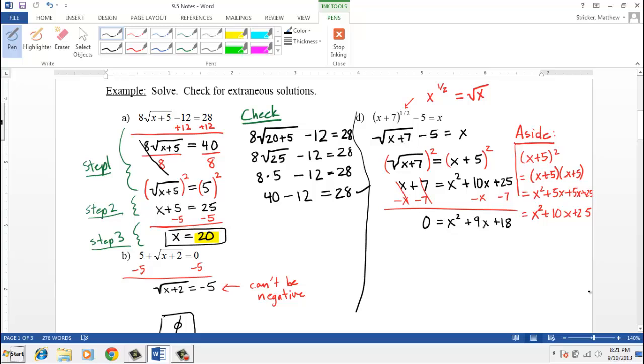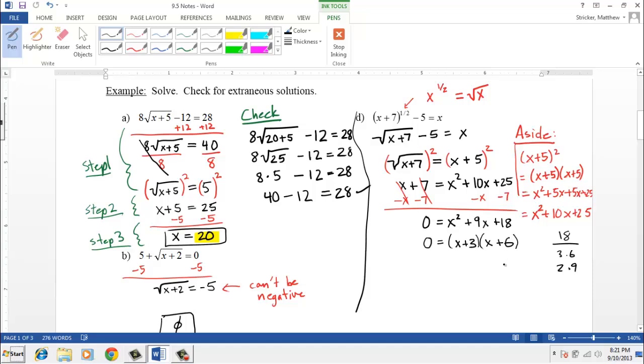So then once we have everything set equal to 0, what do we do next? Well, the only way that we've talked about in this class so far solving this is by factoring, so we can write it as a product. We're looking for two things that multiply to give us 18, but add to give us 9. So you remember 18 we could think of as 3 times 6, we could think of as 2 times 9, and if we're trying to add to get 9, we're probably going to use the 3 and the 6. So this is going to be x plus 3 and x plus 6,